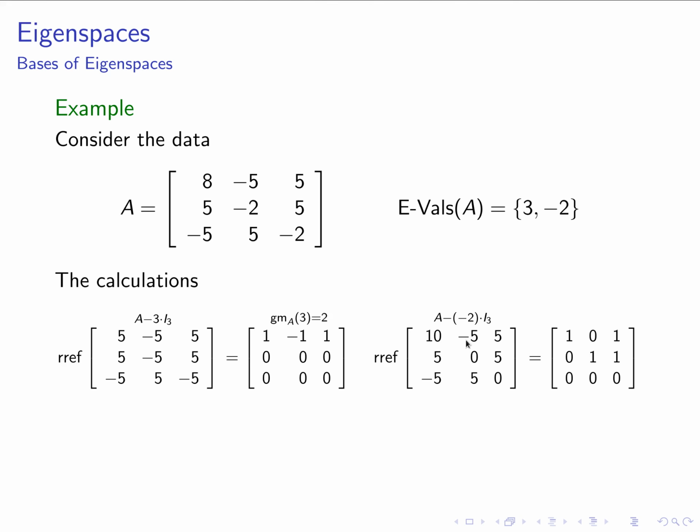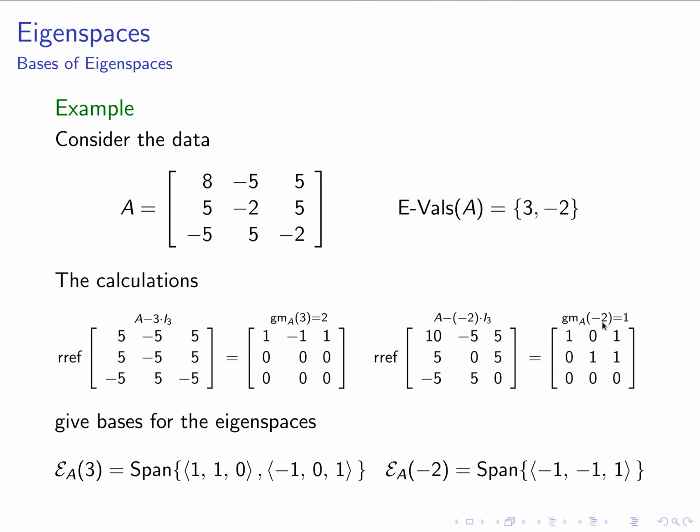So the geometric multiplicity for lambda equals 3 here is 2, whereas the geometric multiplicity for -2 is equal to 1. When we use these reduced row echelon forms to find bases, we end up with two basis vectors for our first eigenspace, 1, 1, 0, and then -1, 0, 1, and then we get one basis vector for our second eigenspace, -1, -1,